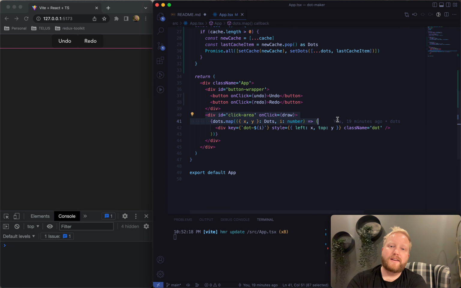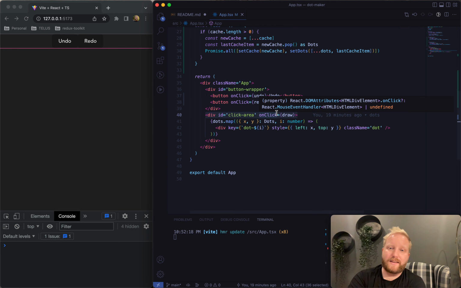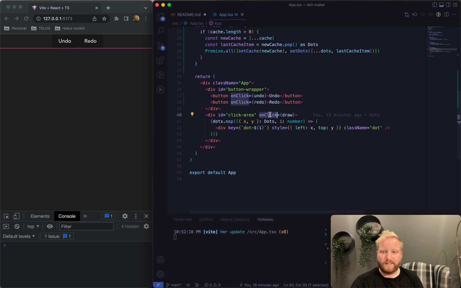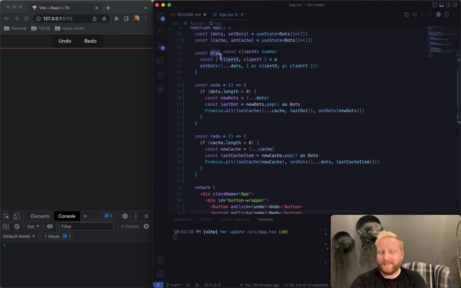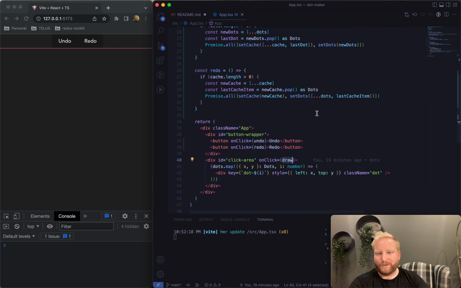In the click area itself, I want to see that you know where to put the click handler, that you're putting it in an appropriate place where it's going to be clickable. You'd be amazed, some people don't realize that it has no width or no height or something, and they're like, why isn't the click working? Also that you name your click function something a little bit useful. It doesn't have to be draw, it could be point or place dot or whatever, but just some sort of unique naming